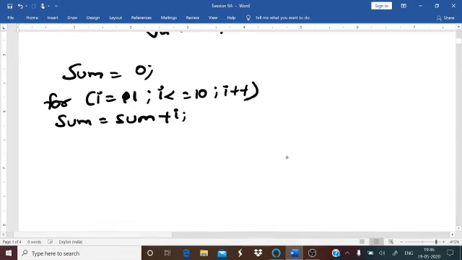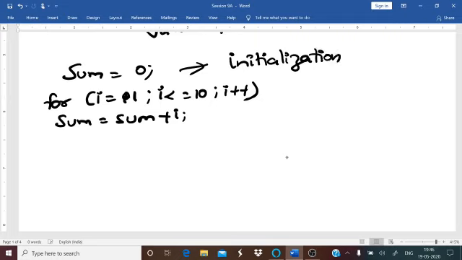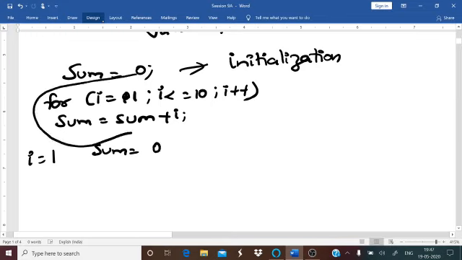Right? So if you remember, this is known as your initialization. That is, giving the value in the beginning itself is known as initialization. So if you are going to go for this processing, I is equal to 1, sum is equal to sum plus I, the value of sum is 0, so 0 plus 1, that is 1.